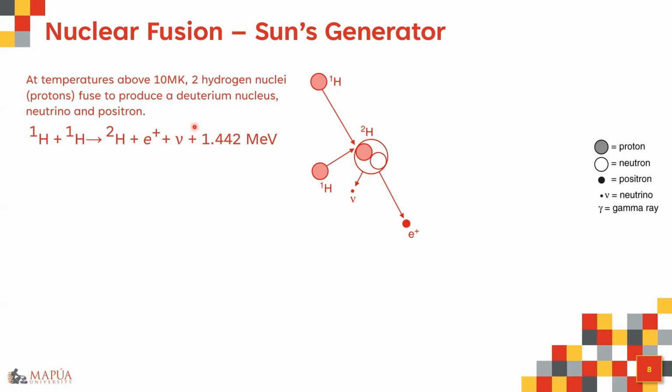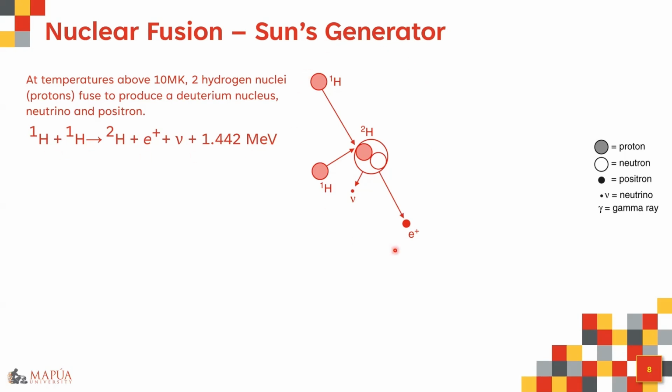I forgot. Yeah, that's actually from the rest mass, E equals mc squared. From E equals mc squared, that m multiplied with the square of the speed of light is equal to the mass difference between the product and the ingredients, so to speak. Okay, so this is the first step.